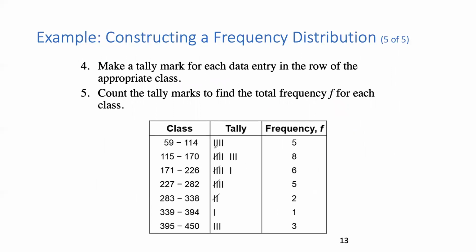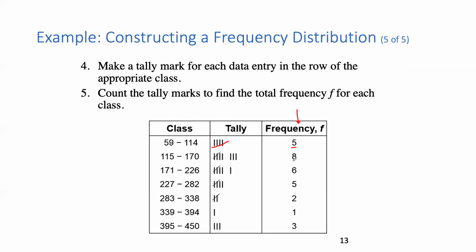So if you look through that raw data set, there's 4 entries which are between 59 to 100, 5 entries which are 1, 2, 3, 4. Oh, there should be a tally like this. So there's 5 entries which are in between 59 and 114. So this is what we call the frequency. The frequency tells me the number of entries which are in each of these boxes. Okay, so it tells me that there is 5 entries in my data set which are between 59 and 114,